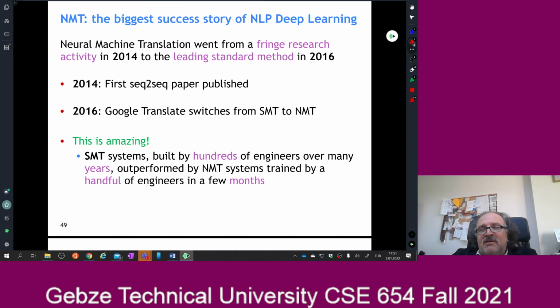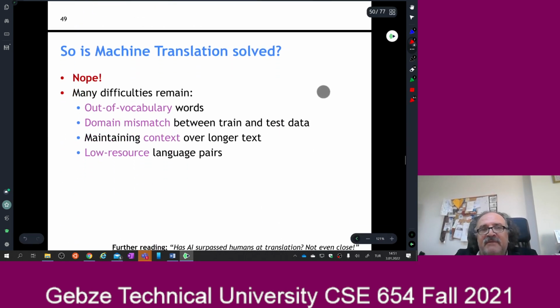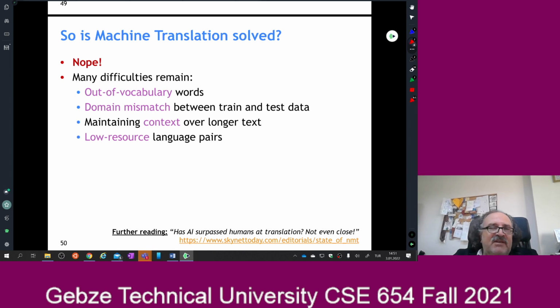Hundreds of engineers, hundreds of PhDs doing some work, and in just 2 years, a few engineers and scientists in a few months were able to surpass their performances. That was amazing. So does that mean that we solved everything? No, of course. There are many problems with machine translation systems. Human translation is still way better than machine translation. Not all the time,